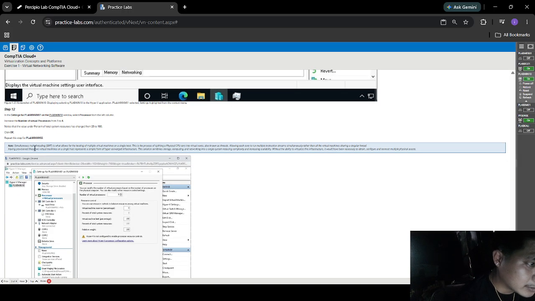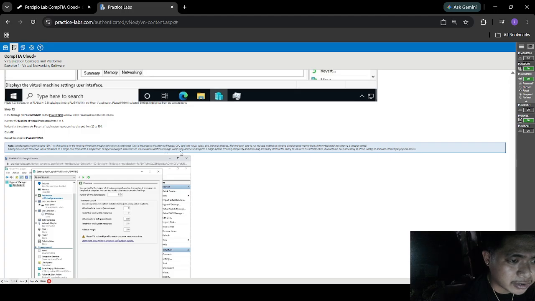Simultaneous multi-threading is what allows hosting multiple virtual machines on a single host. This is a process of splitting physical CPU cores into virtual cores, also known as threads, allowing each core to run multiple instruction streams simultaneously rather than all the virtual machines sharing a single thread. So having provisioned these two virtual machines on a single host represents a simple form of hyper-converged infrastructure.